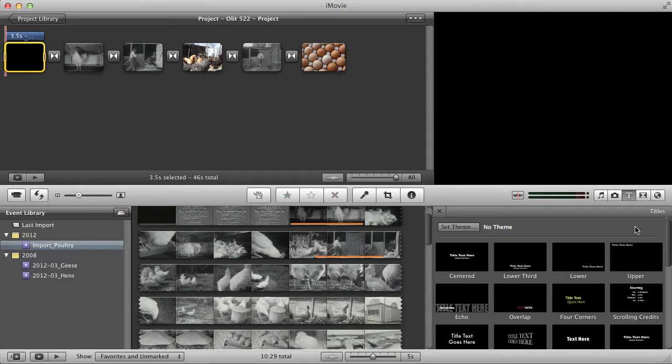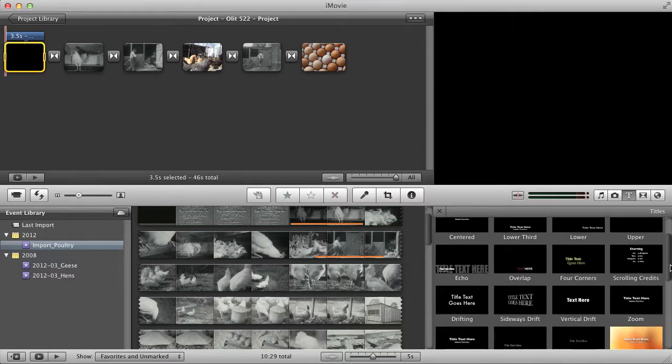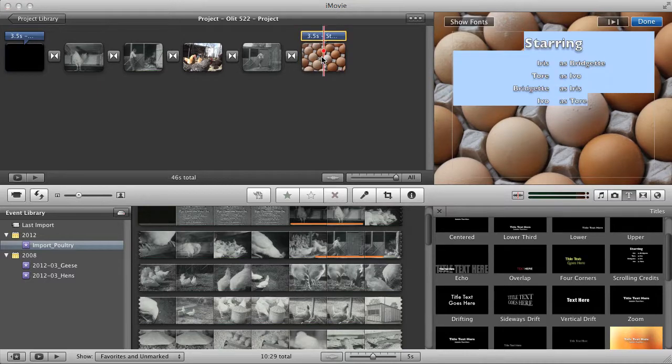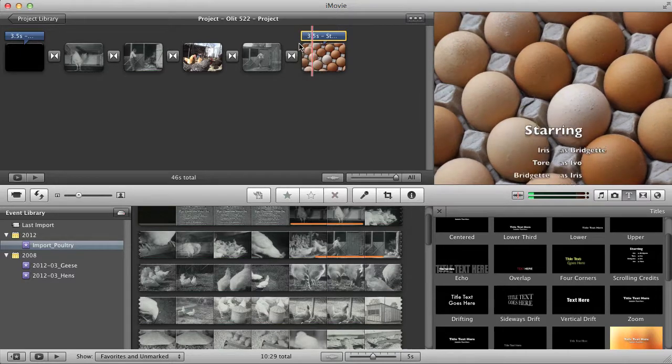Let's take a look at, let's see, at the end I can choose scrolling credits, and when I roll over I get an idea of what the action's going to be. I can grab this scrolling credits template, and I'm just going to drag this right over the top of my still image, and note that it will make it the full length of that image. And what it does is it puts that text right over the top, and it will show right over the image. So if I look at a demo,